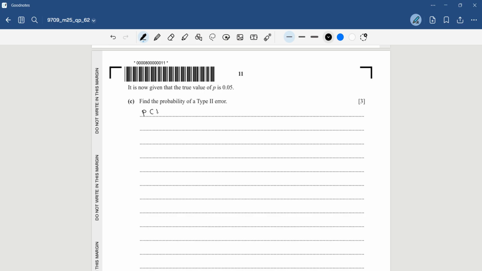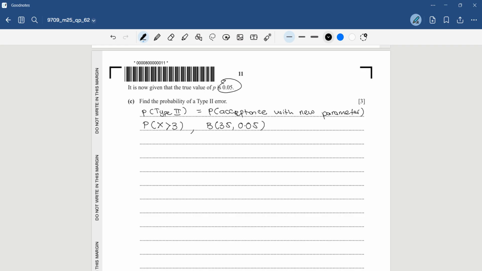So probability of type 2 error will be probability of acceptance region with the new parameter. So here the new parameter is your 0.05. So we're going to find probability of acceptance region, which will be x more than 3, okay, by using binomial 35,